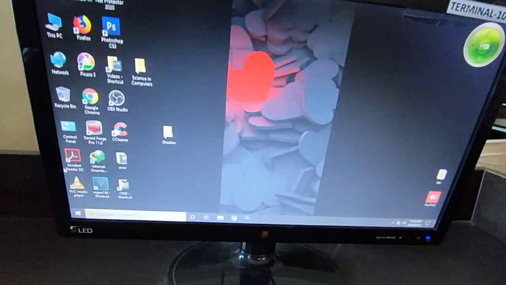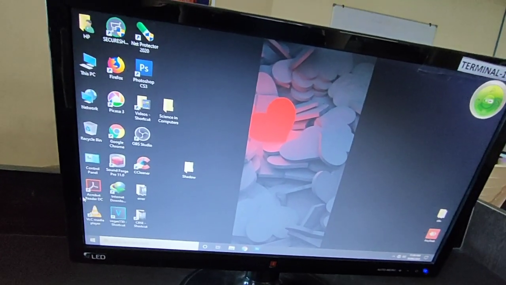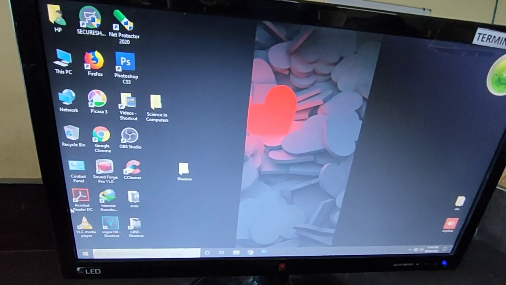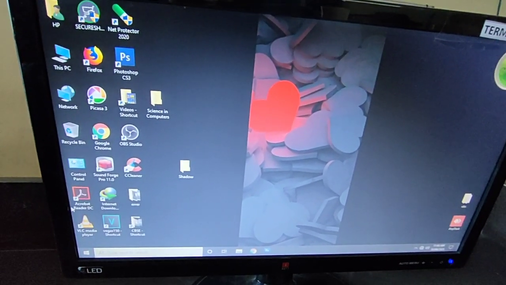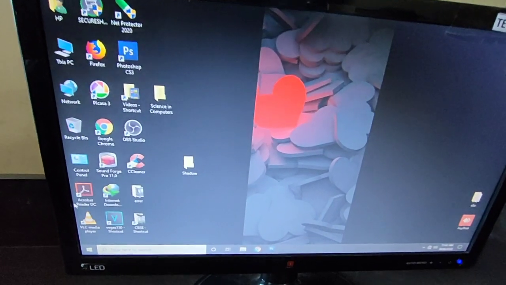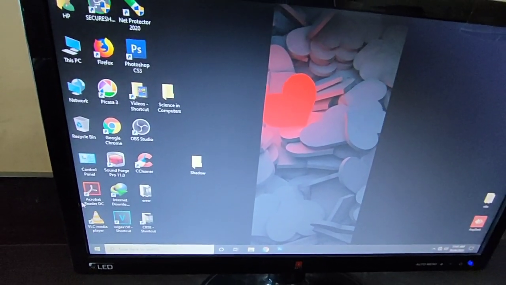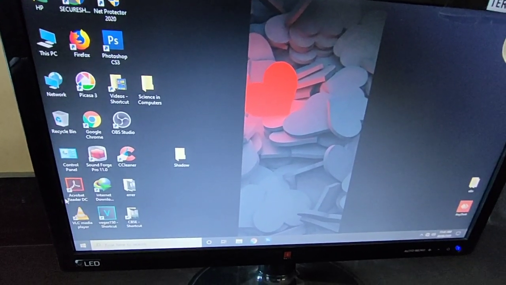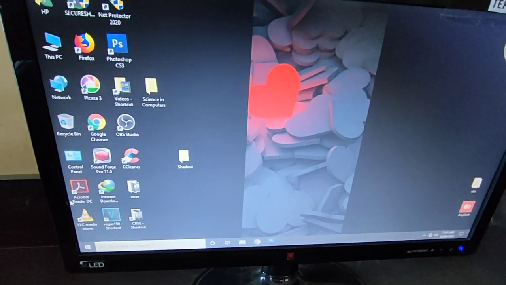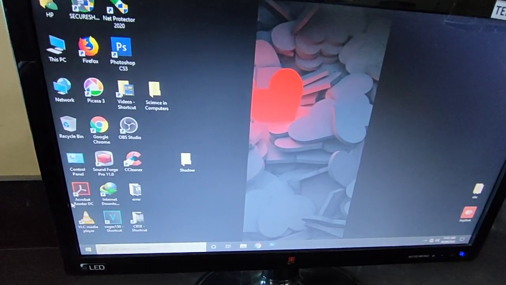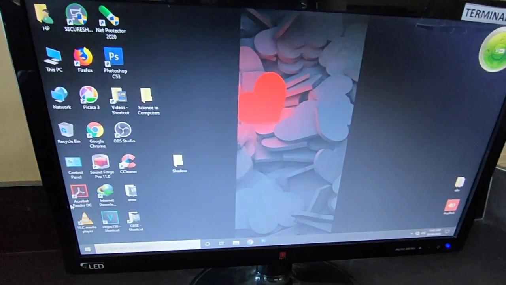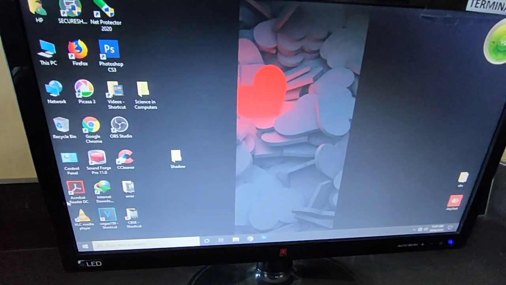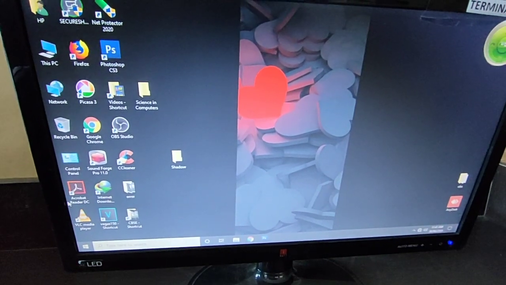Now, in the next topic we try to understand the control panel. Control panel means you can control your system by using the control panel. It allows you to change the display settings, and add and remove programs. Suppose you want to add some program, then you need to go to the control panel, and from there you can change the programs, files and system settings also.